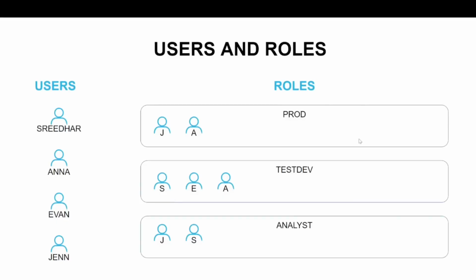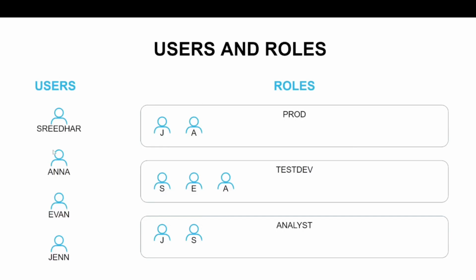Hello and welcome to the Academy. In this video, we are going to understand what Snowflake users and roles are. In Snowflake, users typically refers to someone who uses Snowflake to perform certain activities. Users of Snowflake can perform various tasks related to either data storage, processing, or analysis. Each user may have different levels of access and responsibilities within the Snowflake environment,